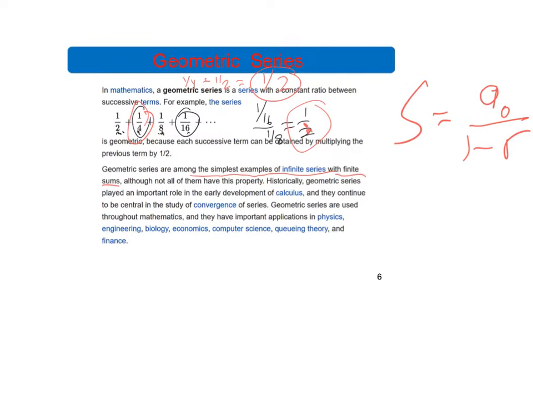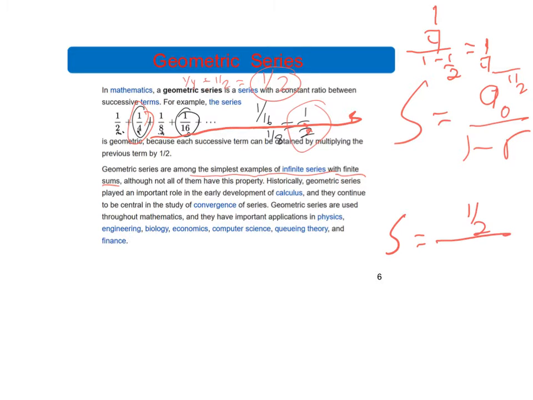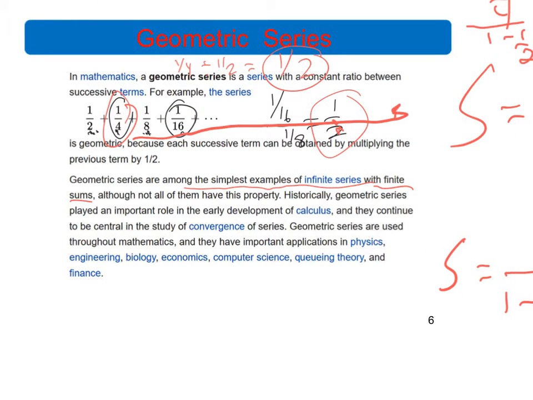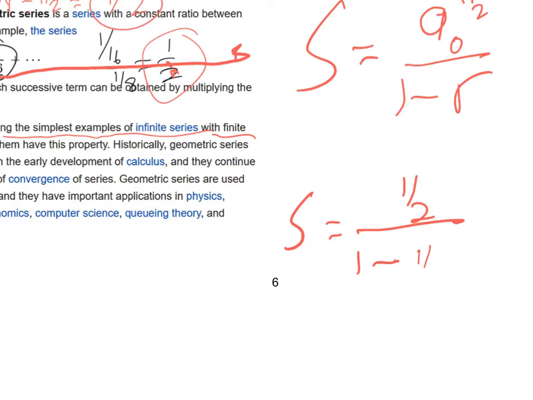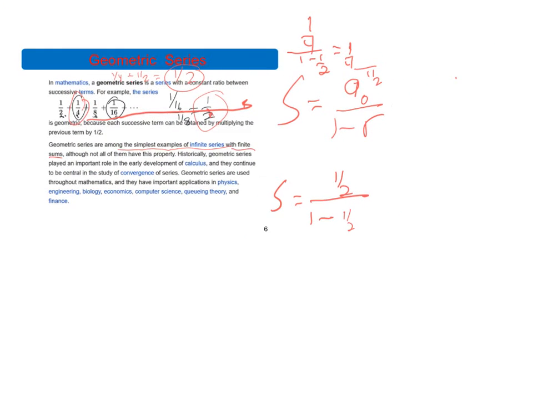So in this case, if I had this all the way to infinity, the sum to infinity would be the first term, 1/2 over 1 minus, oh, this one doesn't work that way, does it? 1 minus r. Yeah, that doesn't look very good, because I would get 1/2